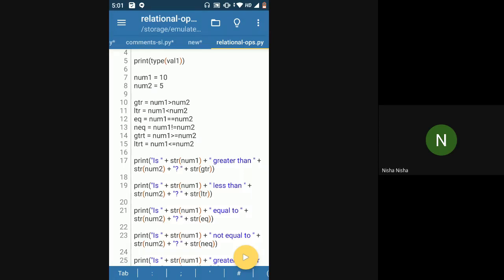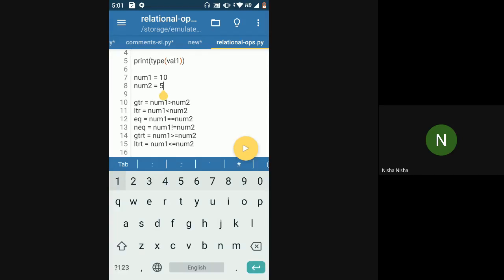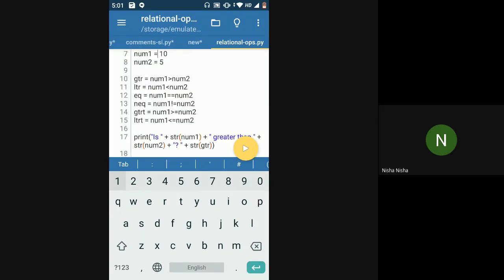This equal to sign can be used in two ways. One would be assigning a value. Like here, if you see line number 7, num1 is equal to 10. So I have used the equal to sign here to assign the value 10 to the variable num1. That is the first function of equal to. The second function is to check if the first value and second value are equal or not. But for that, you will have to use the equal to sign twice. So this line number 12 checks if the value of num1 is equal to the value of num2 or not, which won't be the case here.